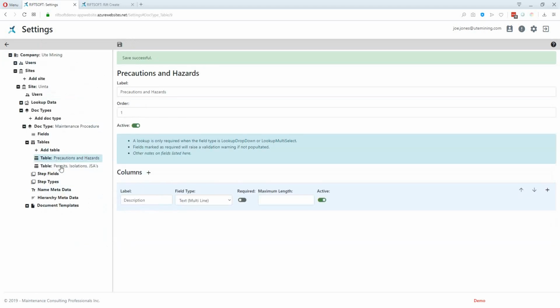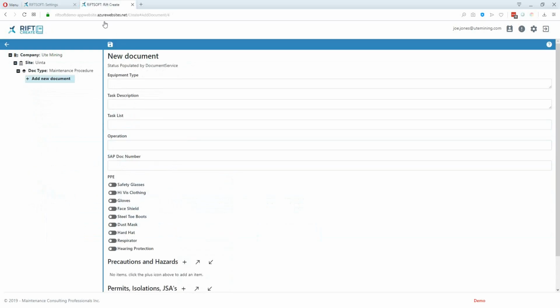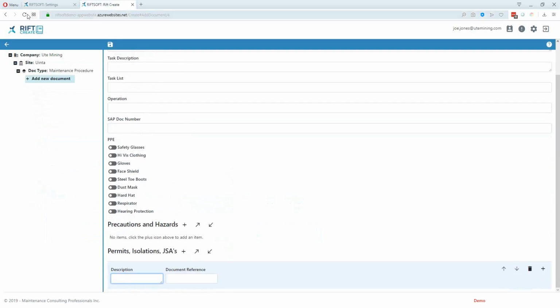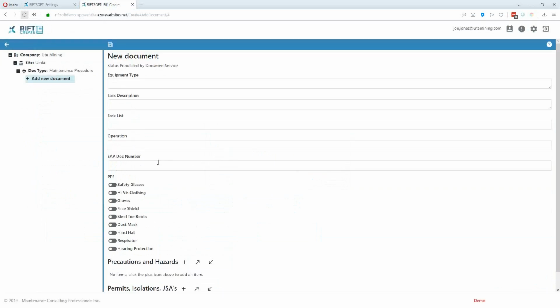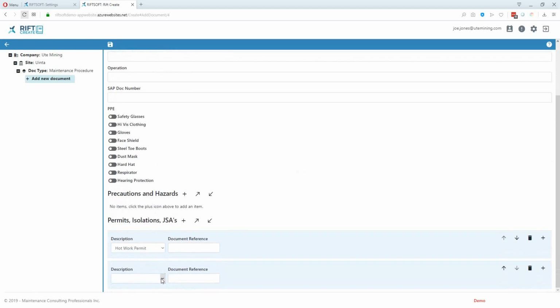So now we go into the table within the document type for permits, isolations and JSAs, and we change the description type to a drop down, and we look up permits, isolations and JSAs and save that. Now when we go into Rift Create and refresh it, and we add a new permits, isolations and JSAs, you can see that we can now select the permit, put a document reference in, and being a table we can add multiple entries,